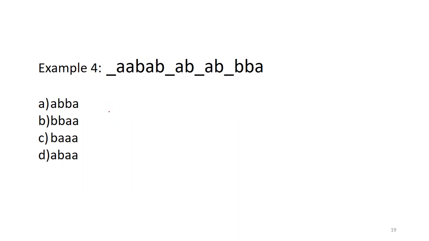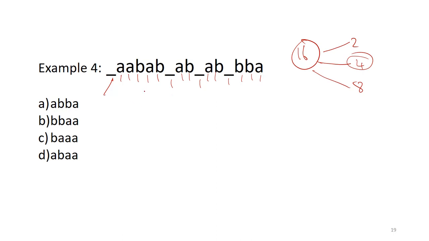Now, so let's start doing it. Let's count first, including the blanks. 1, 2, 3, 4, 5, 6, 7, 8, 9, 10, 11, 12, 13, 14, 15, 16. So 16 can be grouped as 2 each, 4 each, 8 each. That's it. So if I group 2, 2, I don't think I'll get the answer. Okay. Then I can go for 4, 4.